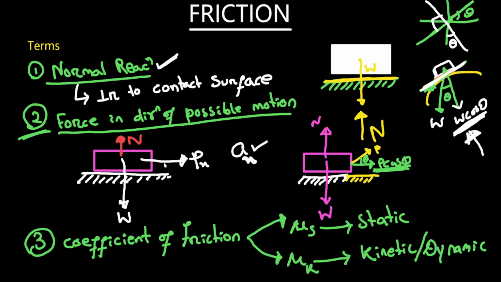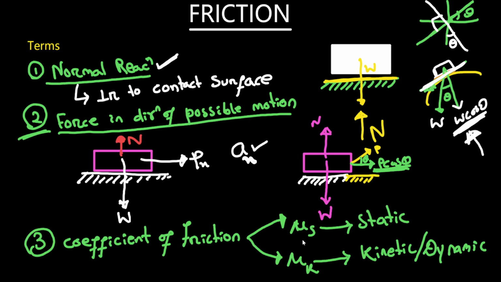Every surface has some irregularities. Depending upon the surface, we have a specific value of coefficient of friction for that surface, depending upon the irregularities. So this is the property of the surface. Whichever surface you are dealing with, a coefficient of friction will be given